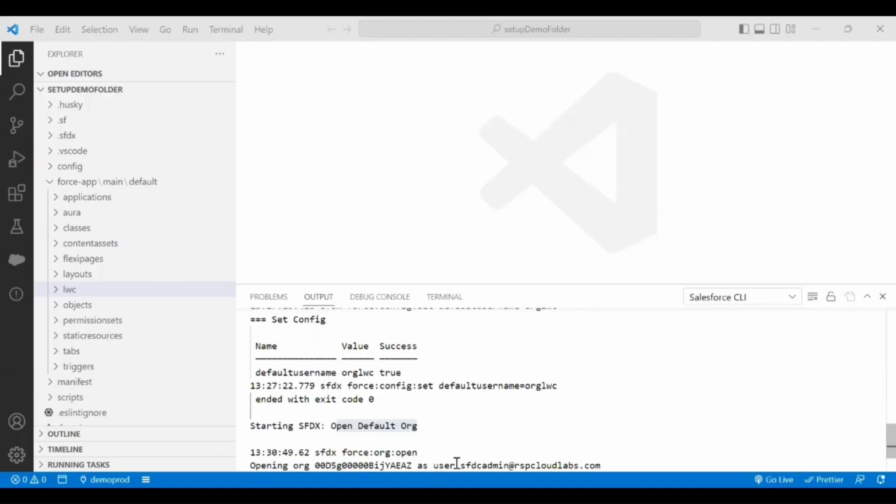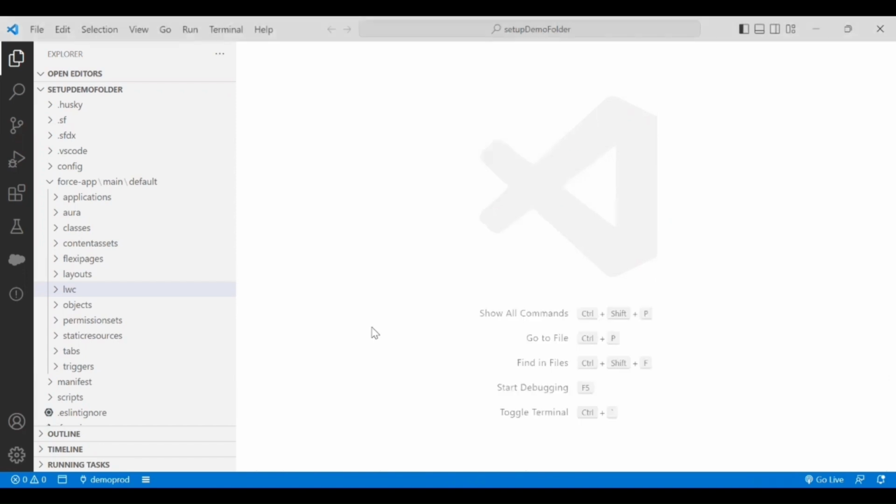In this section, we'll see a few things that you can do in terms of troubleshooting if your VS Code is properly connected to your Salesforce or not. If you're able to open that Salesforce org from our VS Code by clicking on this button. This section is mainly for the people who are still having an issue connecting your VS Code with your Salesforce